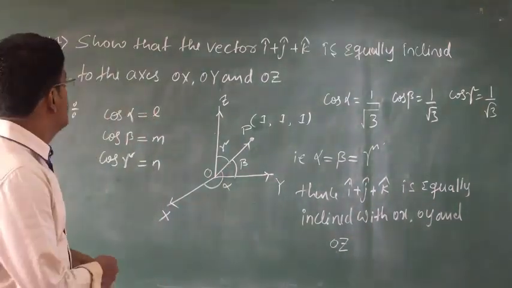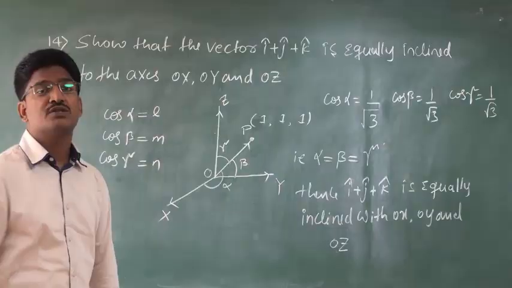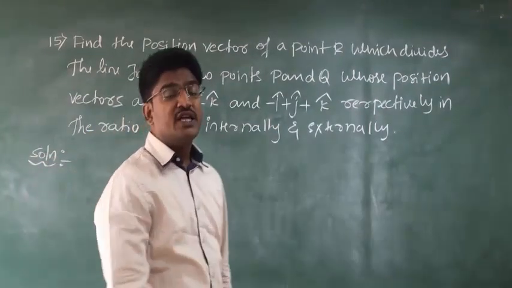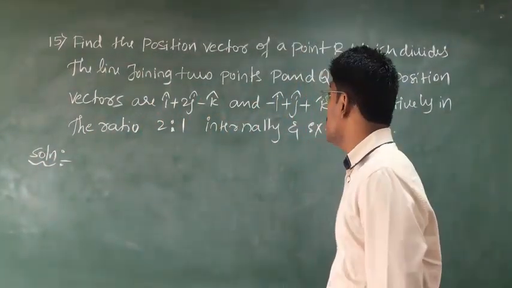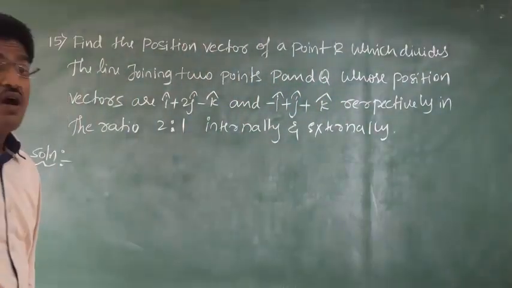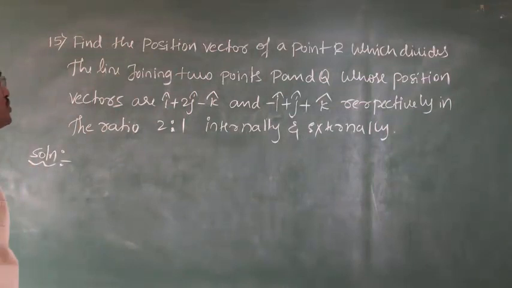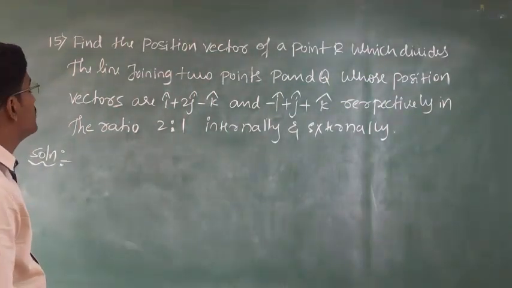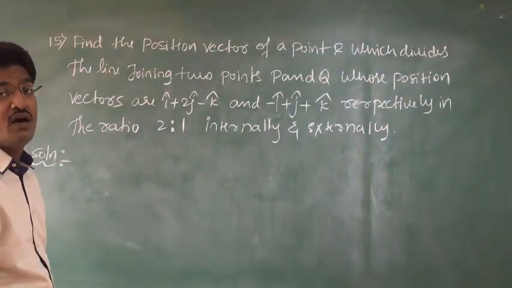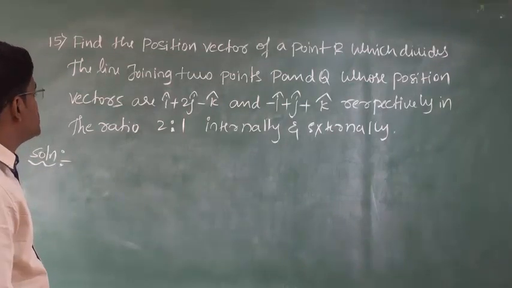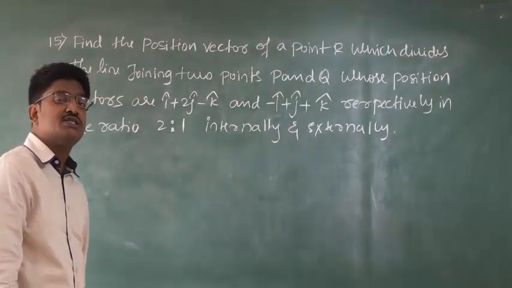Clear? Okay. So let us move to the next problem. Okay, students, now let us move to the 15th problem, which is on your section formula. Clear? Here, what they are asking: find the position vector of a point R which divides the line joining two points,